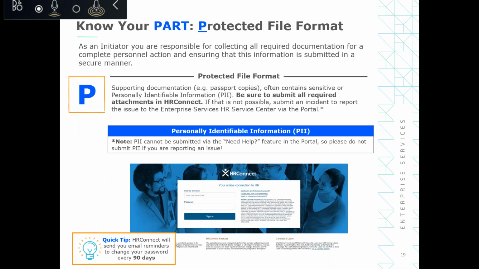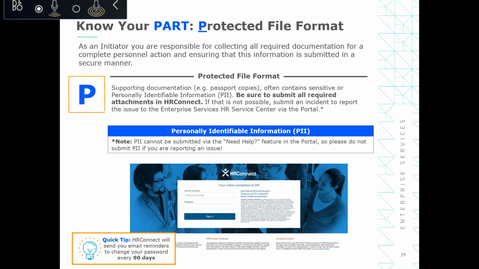So first, we'll talk about the P in Know Your Part. It stands for Protected File Format. This step reminds you to always submit supporting documentation securely. First, attach the required documentation through the HRConnect attachment feature. If that's not possible, you can submit an incident to report the issue to the Enterprise Services HR Service Center on the portal. But just remember, and this is really important, PII cannot be submitted via the Need Help feature